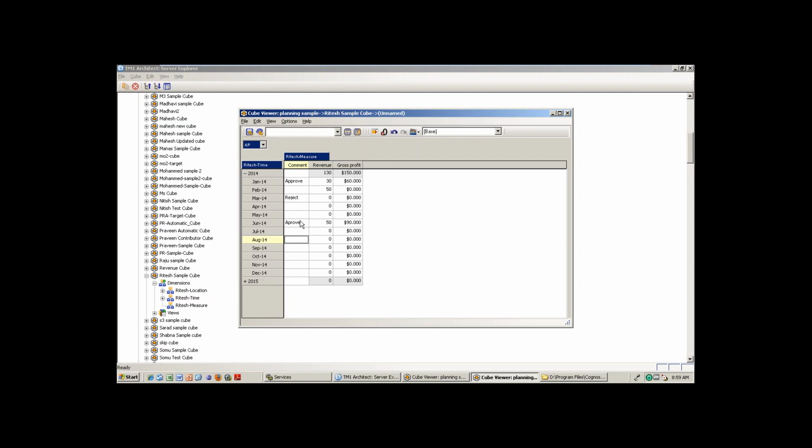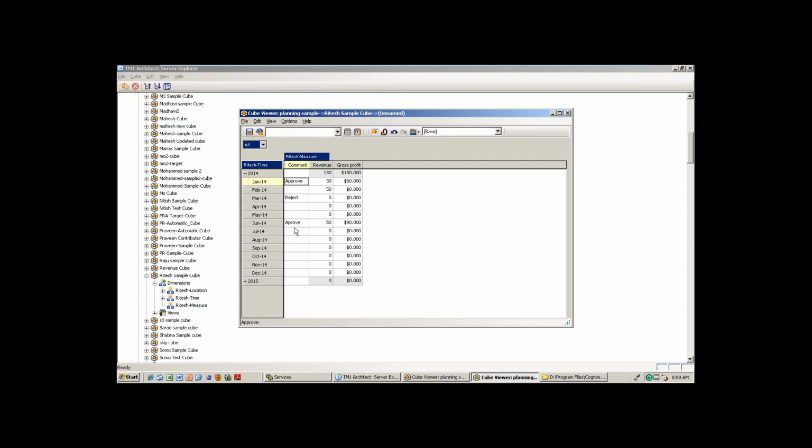But because of the spelling mistake APPROV, will this record come into that report? No. Because of the typo, comment equal to approve means only this one, so this record will come and that record will be missed. That means there is definitely a chance of human errors. So in TM1, you shouldn't give a chance for human errors, because it's very dangerous.